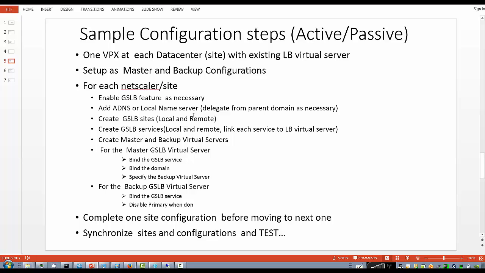If the domain that you are servicing is a subdomain of a parent domain, then you have to make sure the parent domain does the necessary name server delegations, so that